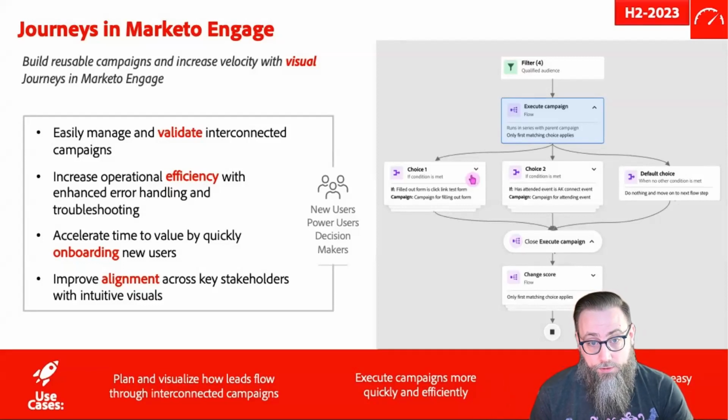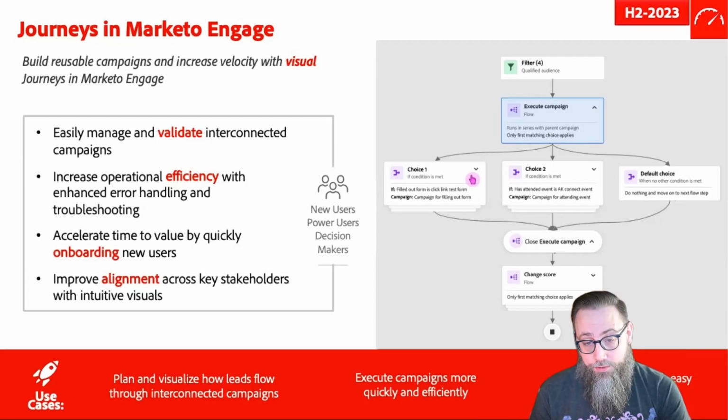The first is when you have junior or inexperienced Marketo users or infrequent Marketo users, it helps them understand what the sequence of events is a little more visually, because everybody learns and thinks differently. And a lot of us that have been using Marketo for a long time have gotten very used to the filters, advanced filter logic, and how you just stack everything and it makes logical sense. But this is a great way for the less experienced Marketo users to really understand what is happening when and how that all maps out.